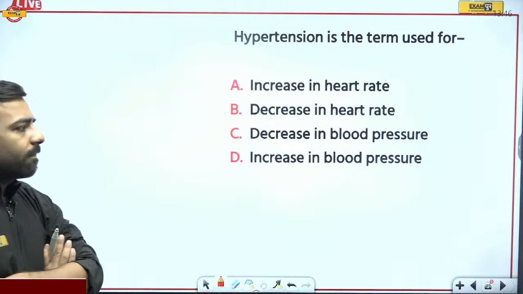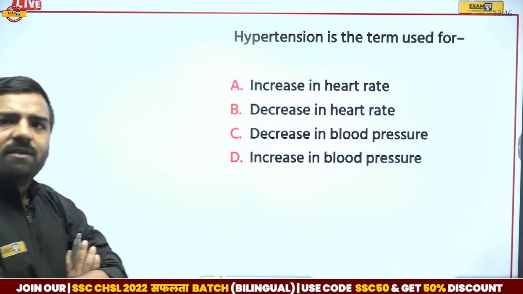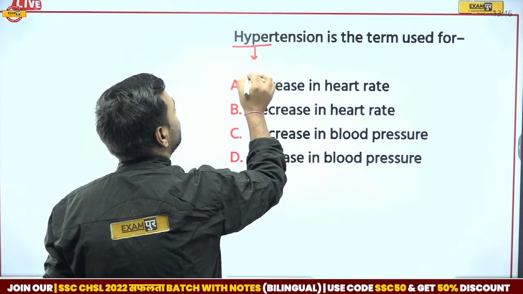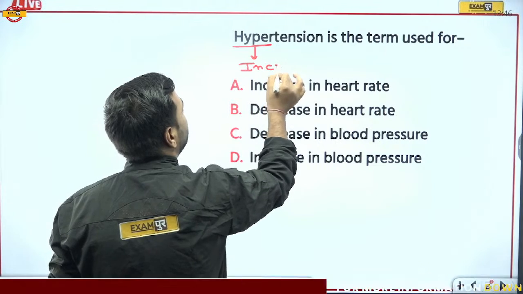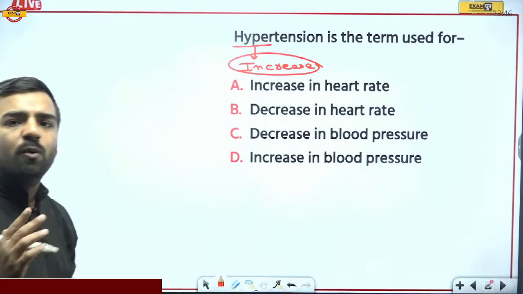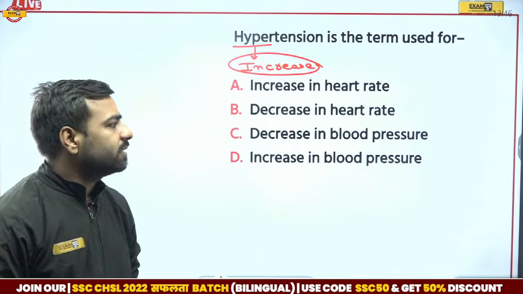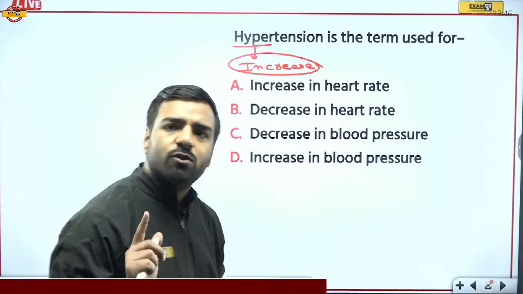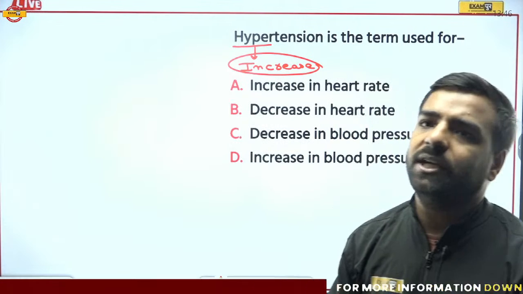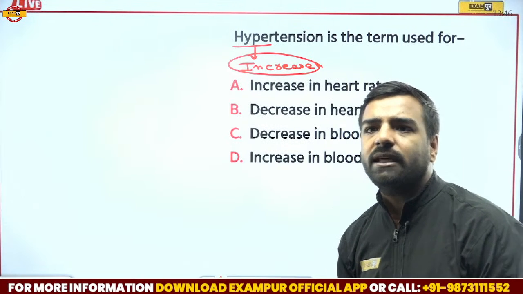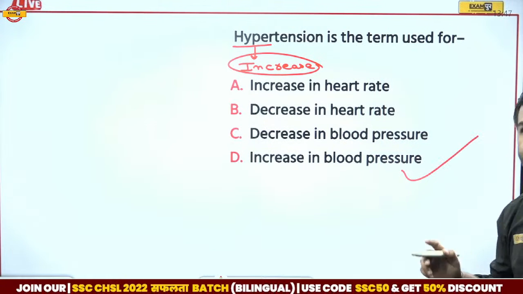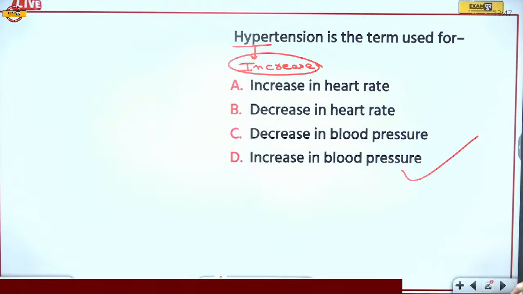Hypertension. From the word hyper itself, we can try to relate it. Hyper means we are talking about increment. Whenever the hyper word is there, just try to relate that word. Hyper means to increase. If I talk about hypo, that means low. So Kirti is going with D, Jia is going with D. Increase or raise in blood pressure. That's right, Jia. Totally correct. Jagdishan is also going with D. Everyone is correct. It is the increase in blood pressure. Danadi is also with D. Correct.